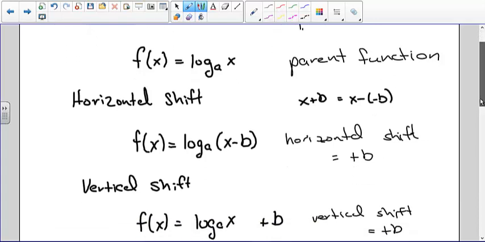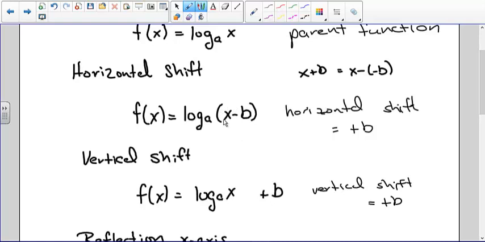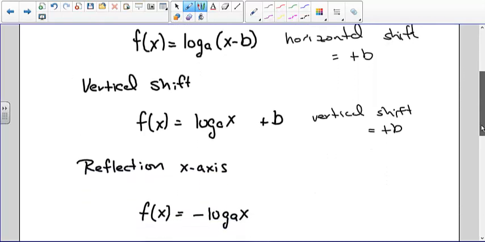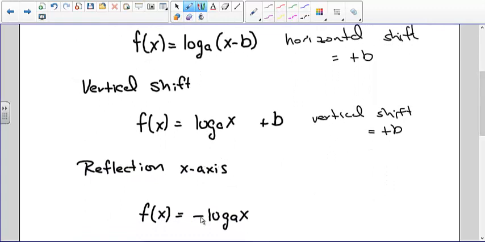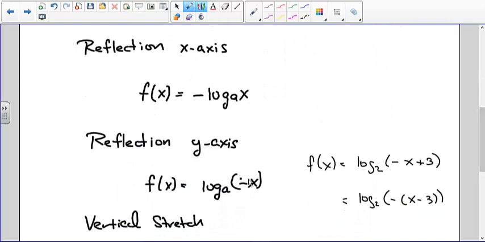For a vertical shift, instead of the constant being in the argument of the logarithm function, it's outside the logarithm function. So if it's positive, it vertically shifts it up b units. If it's negative, it shifts it down. For a reflection across the x-axis, the negative sign is out front. Negative the log to the base a of x, so that's an x reflection. For a y reflection, the negative sign is inside the argument,